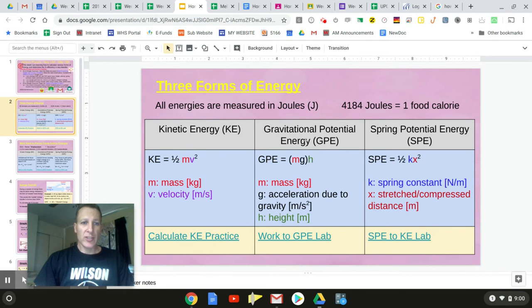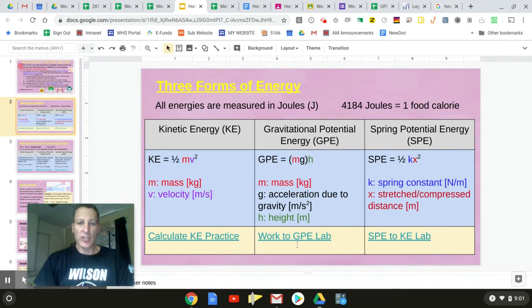Gravitational potential energy is energy stored due to the fact that an object is high in the Earth's gravitational field. So notice it depends upon height. And this height is measured above some reference level. Usually we use the ground. So you also need to know the acceleration due to gravity, right? So in essence, this is the weight of the object multiplied by its height. This also leads to units of joules. Click this interactive to